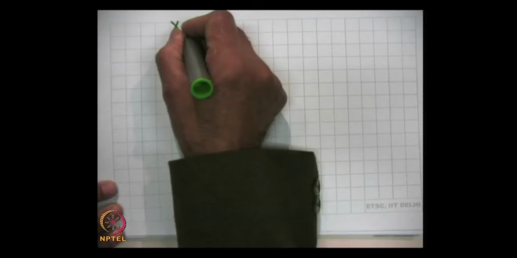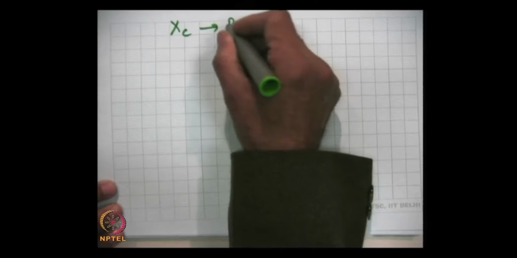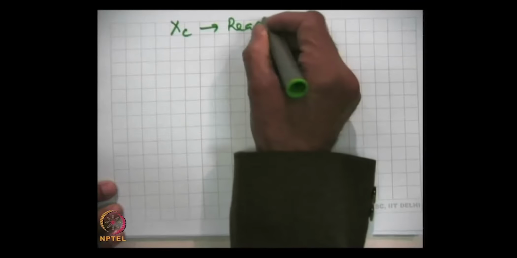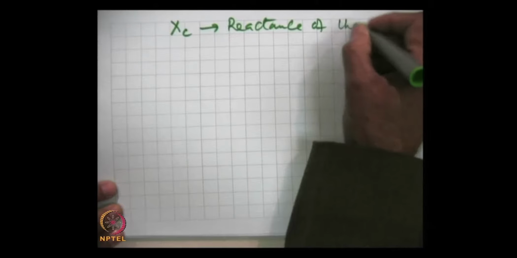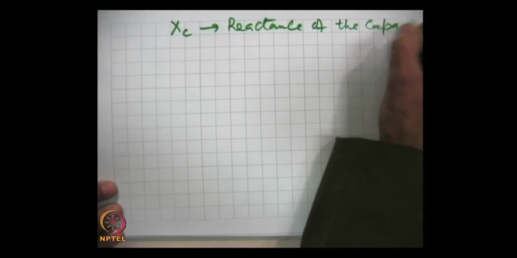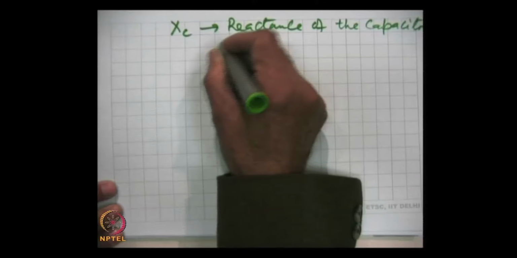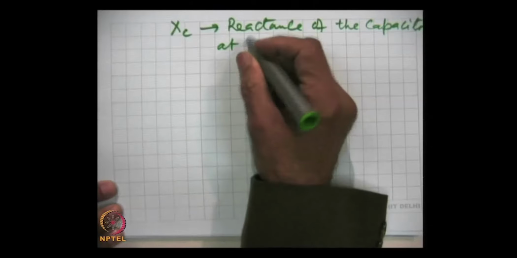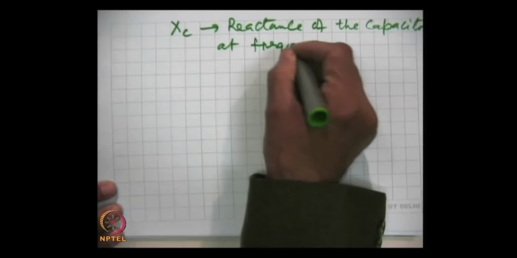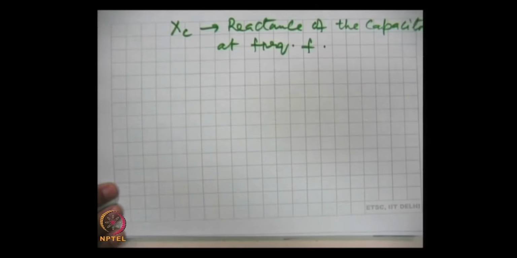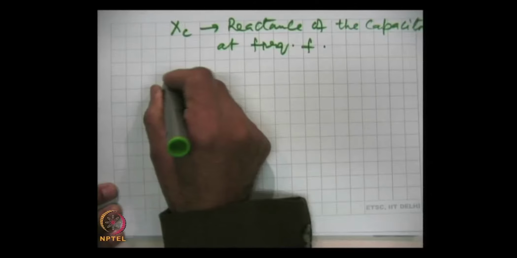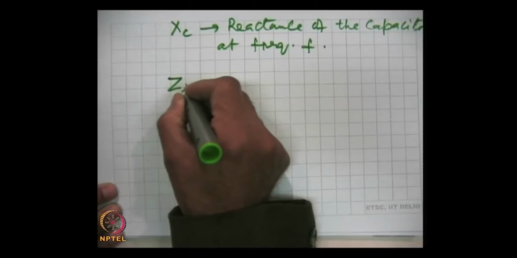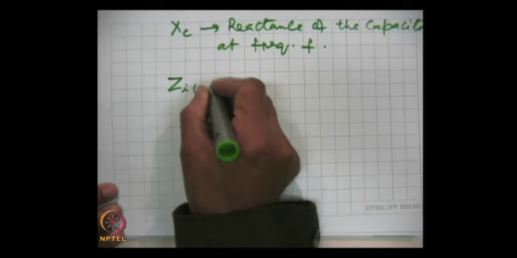Let X C be the reactance of the capacitor at signal frequency f. Then according to this expression, Z, the impedance at the input due to Miller,